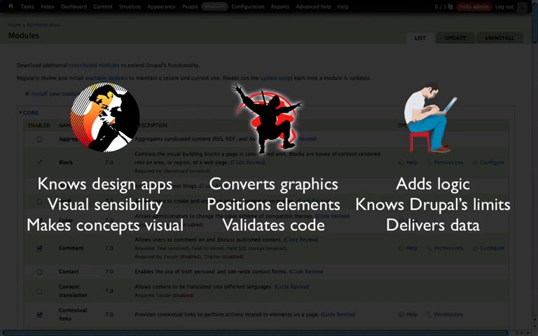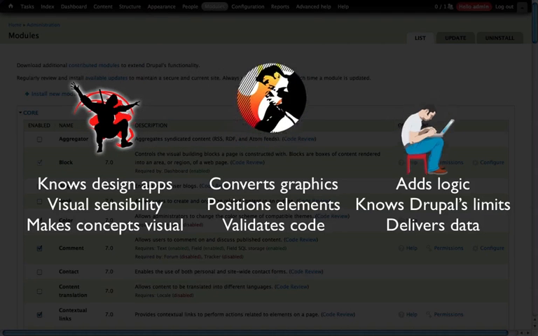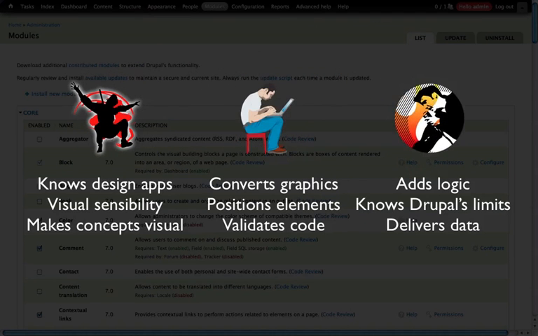This is how things would be structured in an ideal world, but the division of labor is very often not that clear. For example, the designer needs to have an idea of the capabilities of Drupal, where its strengths are and where its weaknesses are, in order to build a design that can be effectively themed and coded. When it gets passed off, the themer has a very interesting role because they straddle this world between the designer and the developer. In a lot of cases, they'll end up taking this design and coding it into HTML